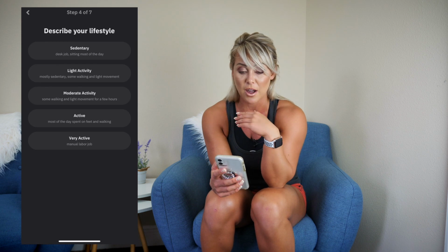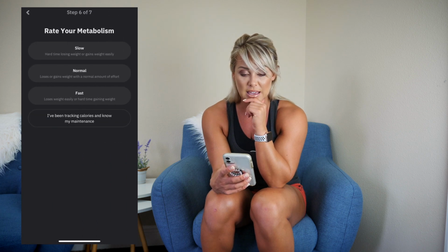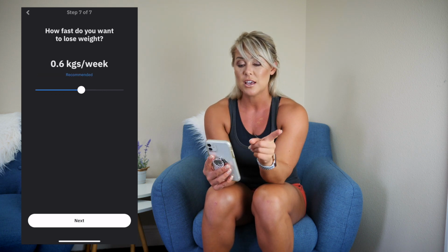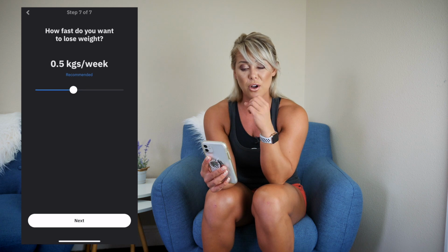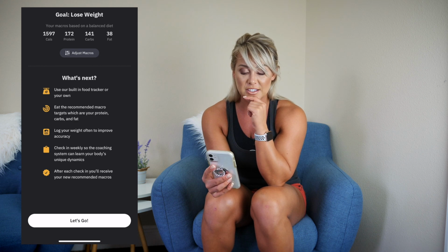So the next thing it's going to do is ask about my lifestyle. So I'm going to describe my activity, and then it's also asking to describe my exercise. And then the last point here is me selecting my metabolism. And then it's asking how fast do I want to lose weight? So I actually have the option of picking how much weight I'd like to lose each week. So you can see here on the sliding scale, you can kind of drag it up and down. And for me, I'm going to go on the conservative end. So somewhere around 0.6 of a kilogram per week, or just on a pound per week if you use that metric. So there's my new diet calories,